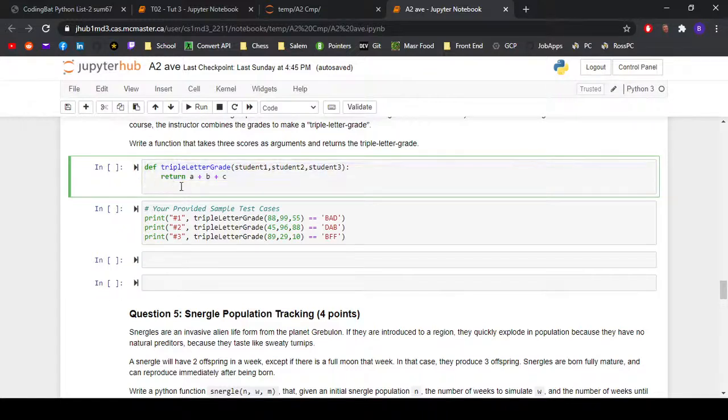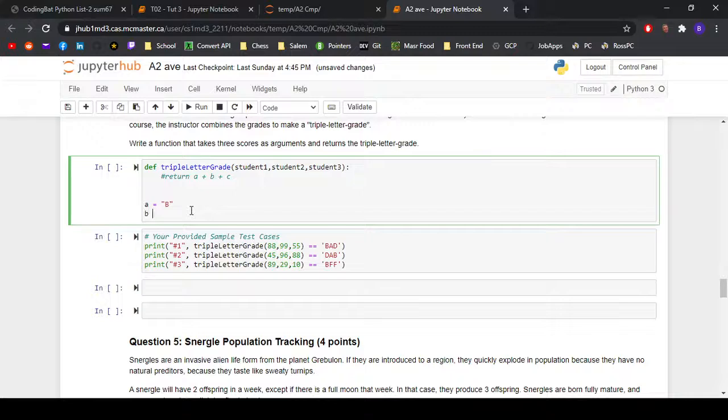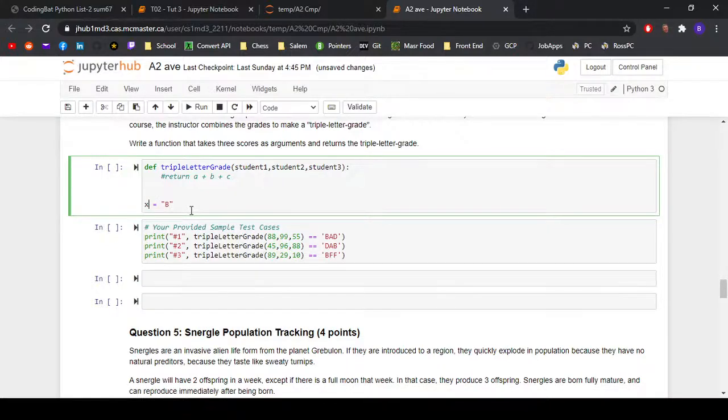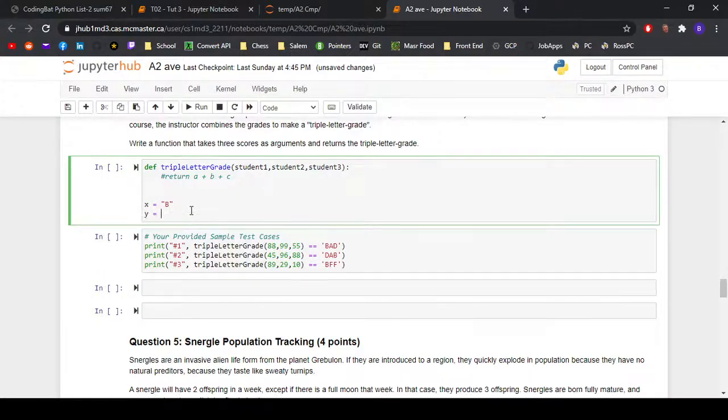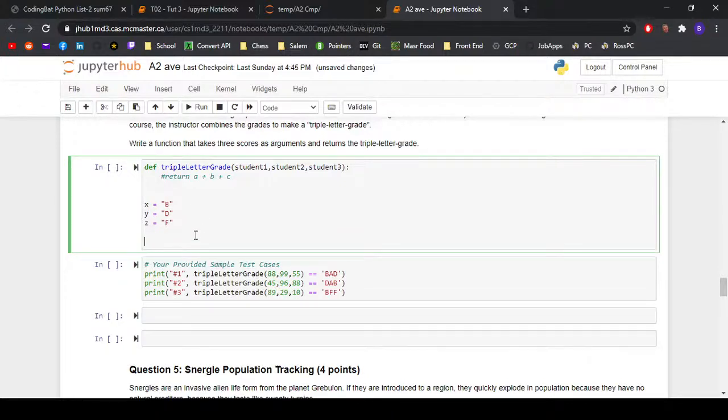Hopefully this will help out. Sorry, maybe this is confusing. But if I say x is equal to B, y is equal to D, and z is equal to F, these are just three variables that I've assigned strings to. If I say print x plus y plus z,